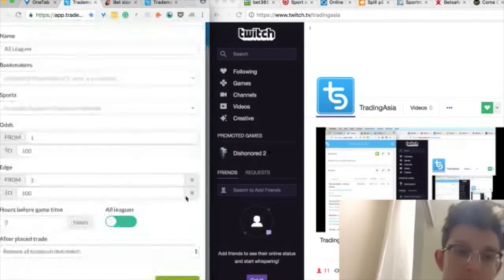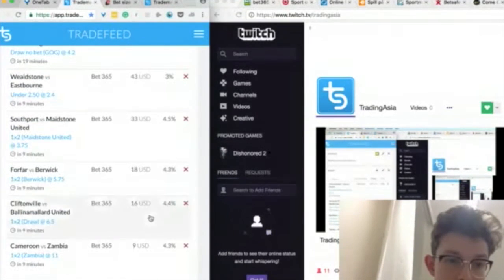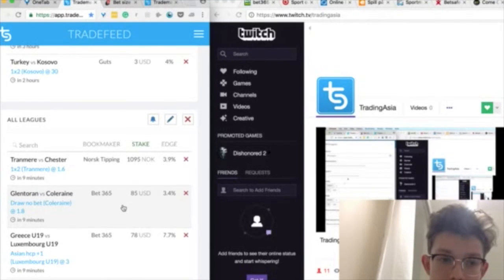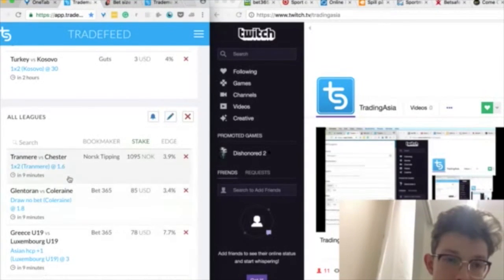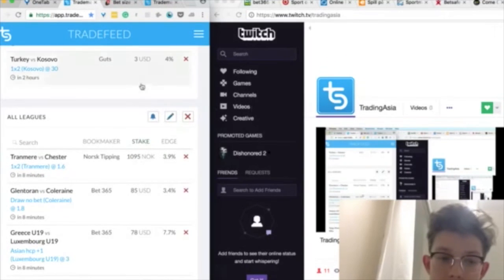Okay, so let's just have a look at the last preset that I have, which is the All Leagues preset. And I'm not sure why that's set to 3 hours before the game, because typically I won't bother placing those bets unless it's 1 hour. Okay, so at the All Leagues filter, I currently got it set so I only place bets between about 3 hours and 1 hour before the game. So that still doesn't mean that I will place the bet, but I would like to be notified of the bets that exist here. And as you can see in my trade feed right now, the bets are on Northern Ireland's top division and Greece, Luxembourg, U19,